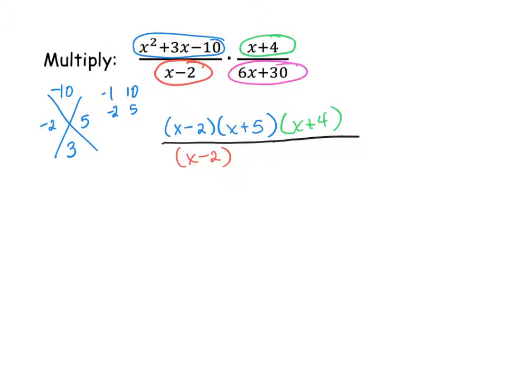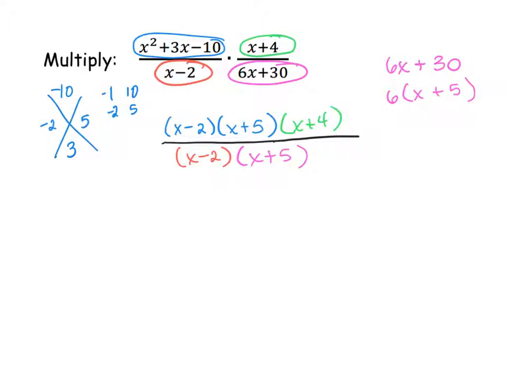My 6x plus 30. 6 and 30 are both divisible by 6, so I'm going to factor out a 6. 6 times x gives me 6x, and 6 times 5 would give me 30. So this would be x plus 5. So that's each of those little parts factored as much as possible. And then I want to start canceling stuff out. So I've got an x minus 2 on the top and x minus 2 on the bottom, x plus 5 on the top, x plus 5 on the bottom, and all I'm left with is,